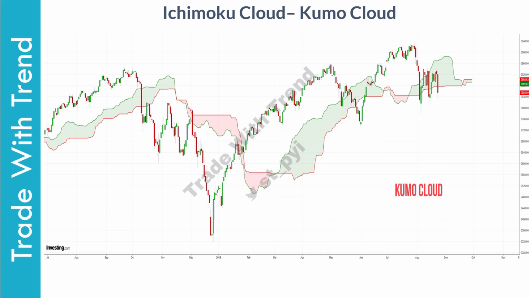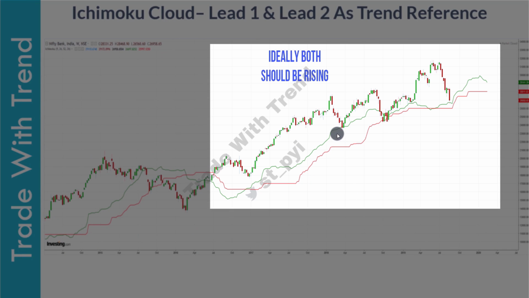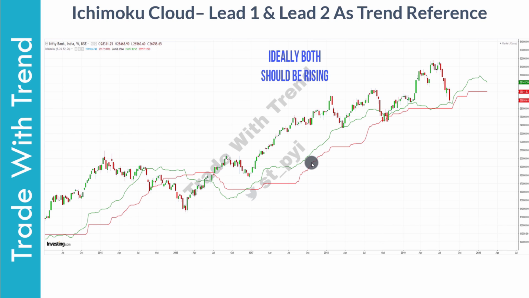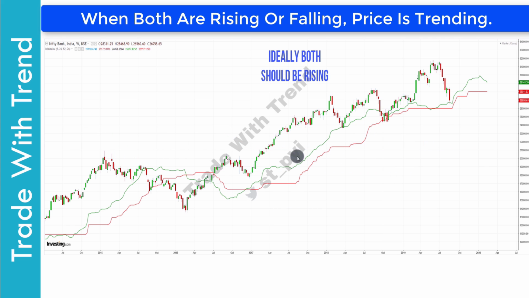In this chart, you can see the Senkou A and Senkou B along with standard candlestick charts. In order to identify trending phases in the market, make sure both Senkou A and B are trending. For example, if you look at this chart, look at the region here where both Senkou A and B are trending. In such phases, as a trader, you should be willing to participate in the market. This is clear indication of momentum being present, and hence these are the times when you should initiate a trade. For long trades, always prefer both Senkou A and Senkou B are rising. This way, you will increase your odds of success.